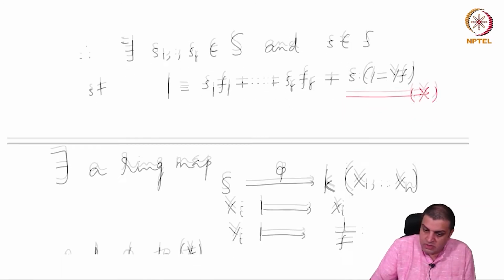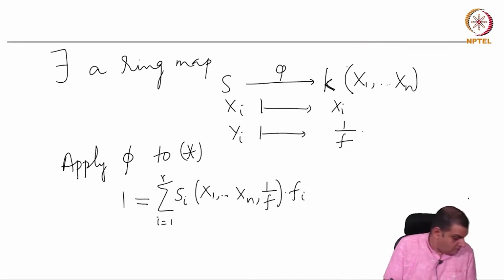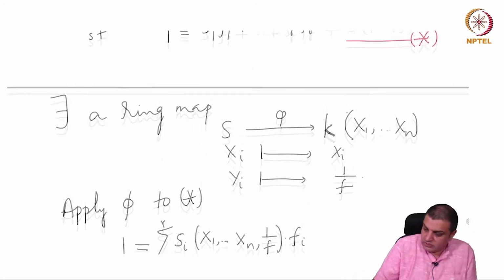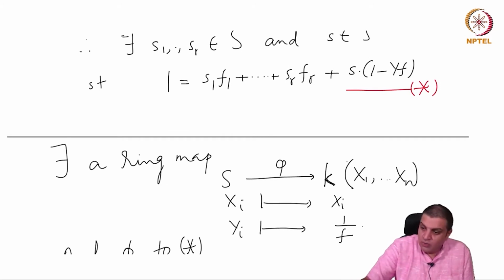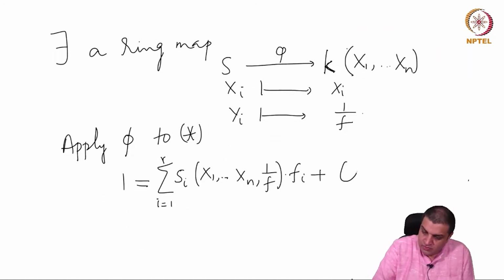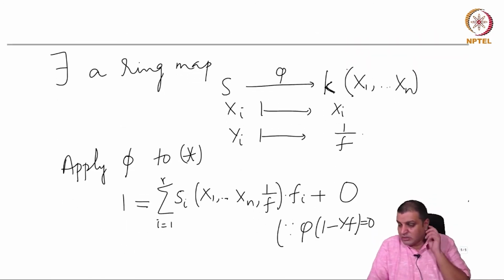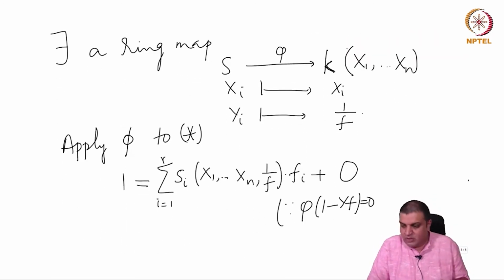So this is what it becomes, and S goes to whatever it is. 1 minus YF becomes 0. That's exactly why this was written like this. Plus 0. So this is because phi of 1 minus YF is 0. Okay. So now we have an expression about 1, not involving polynomials, but one also needs to